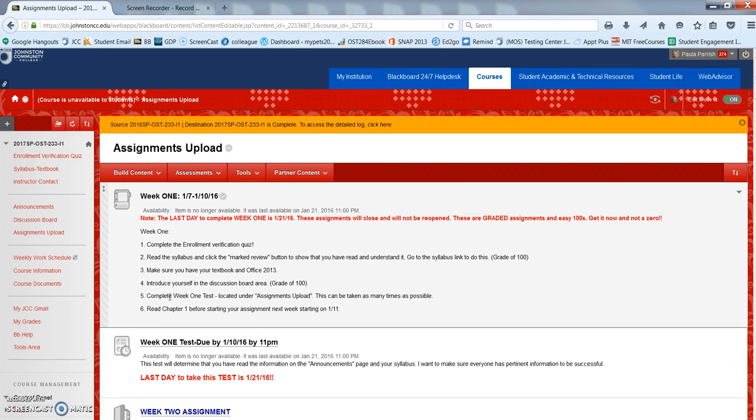So there's your assignments. Week 1 is usually very short. They're only going to do just a few things. You're probably familiar with that, so make sure that you adjust these dates. From 1/5 to 1/8 is going to be like, you know, get your enrollment quiz done, mark review for your syllabus, make sure you have your textbook, introduce yourself in the discussion board area, click the week 1 test